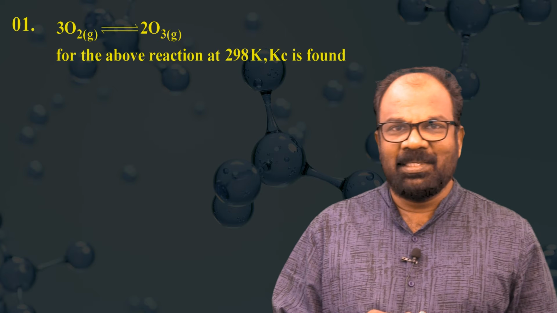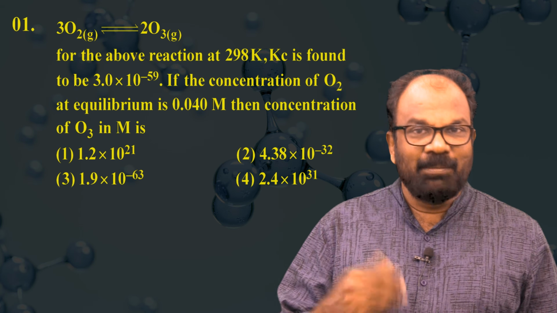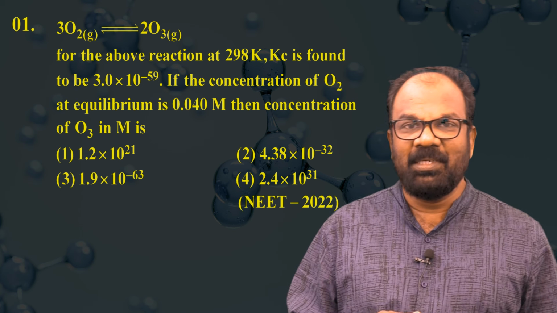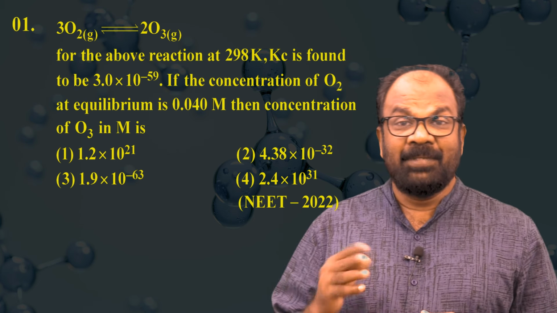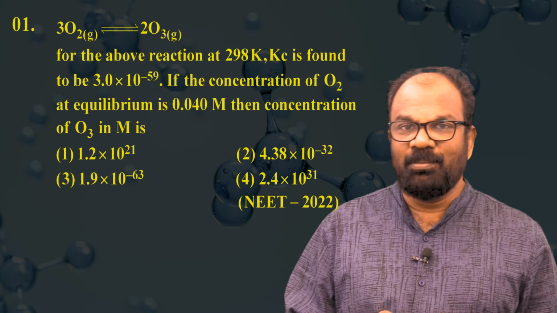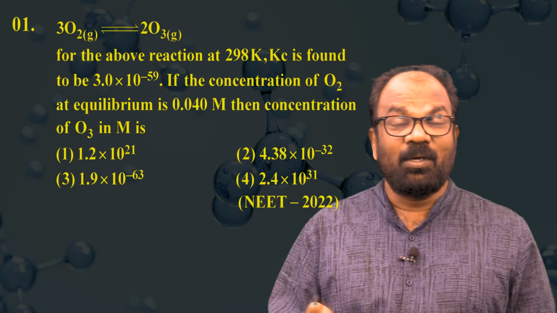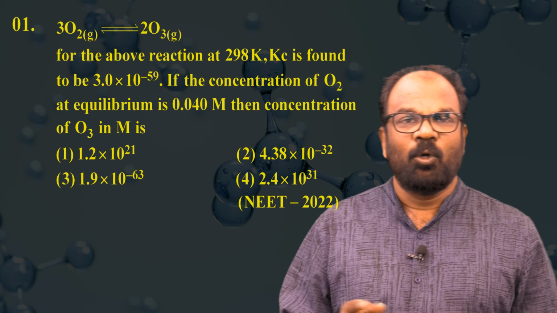Now question number 1. 3O2 gas reversibly gives 2O3 gas. For the above reaction at 298 Kelvin, Kc is found to be 3 into 10 raised to minus 59. If the concentration of O2 at equilibrium is 0.04 molar, then the concentration of O3 in molar is